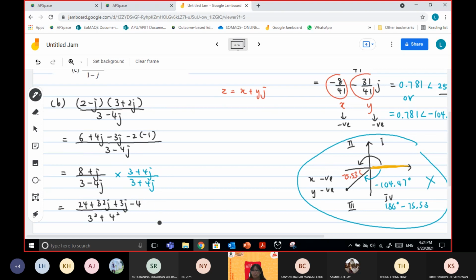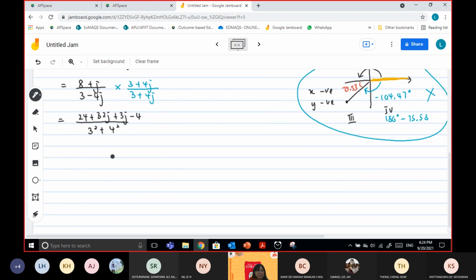Okay, let's simplify further. 25 at the bottom. So at the top, 24 minus 4, 20. Then 32 plus 3, 35j. Okay, so let's simplify this: 20 over 25 or 4 over 5. Then 7 over 5j. Okay, so the next part, we need to convert it into